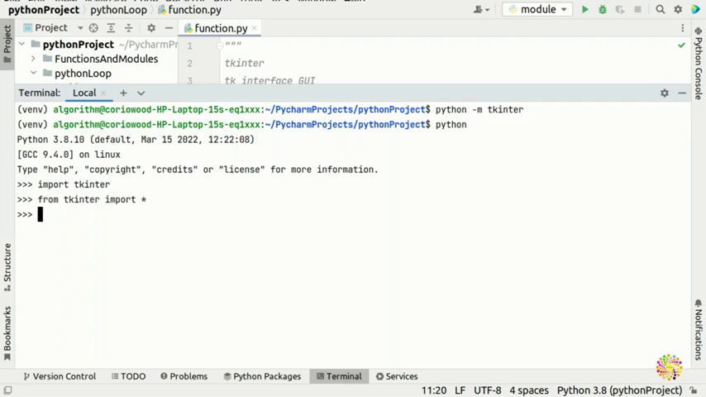It means we're importing all of tkinter. And then you can import ttk as well. ttk is the newest library of tkinter, so you can put this one. So now you can put, for example,